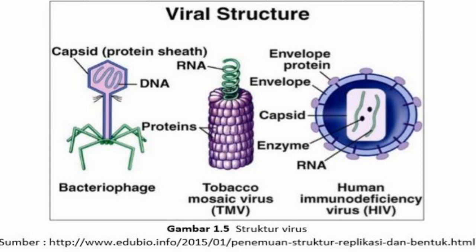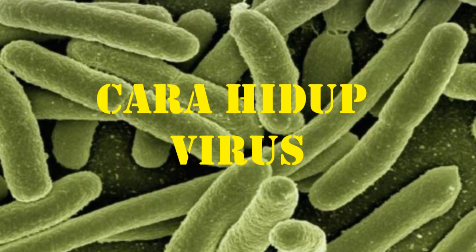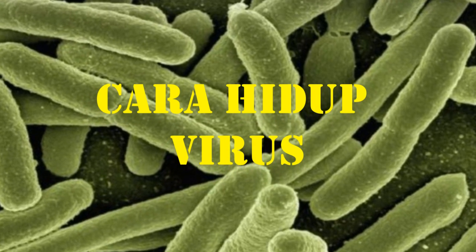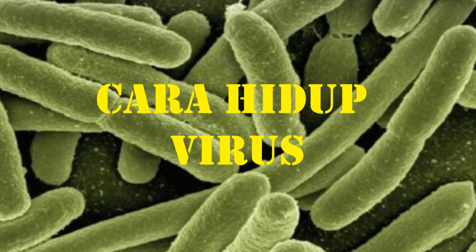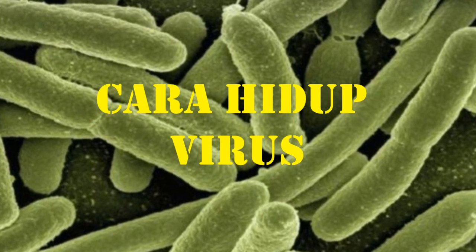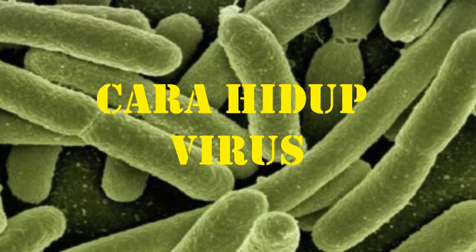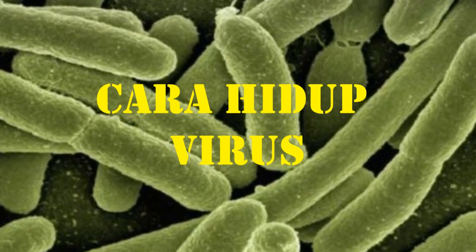Viruses are not classified as cellular organisms because they do not have cell parts, such as cell walls, cell membranes, cytoplasm, and other cell organelles. The bacteriophage body structure is as follows. 1. Head. The inner head contains nucleic acids, while the outer part is covered by the capsid. For bacteriophage viruses, the head is polyhedral with DNA as the nucleic acid.